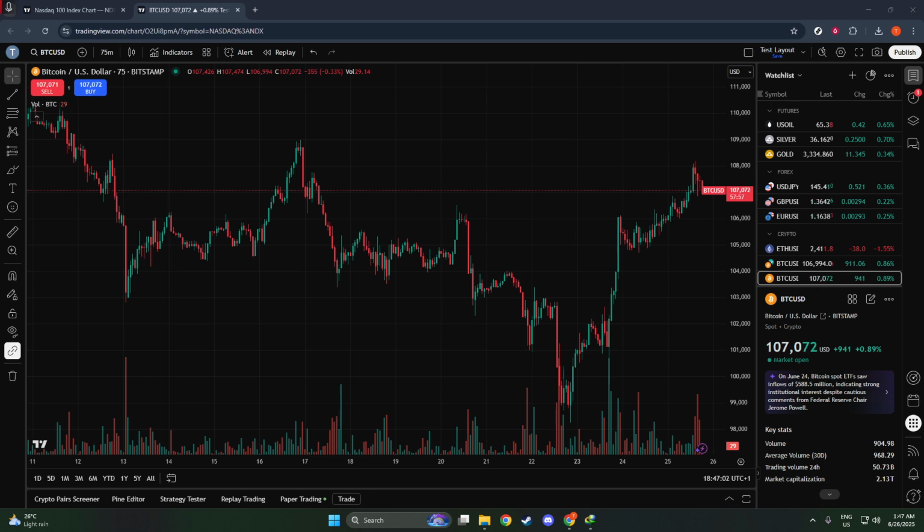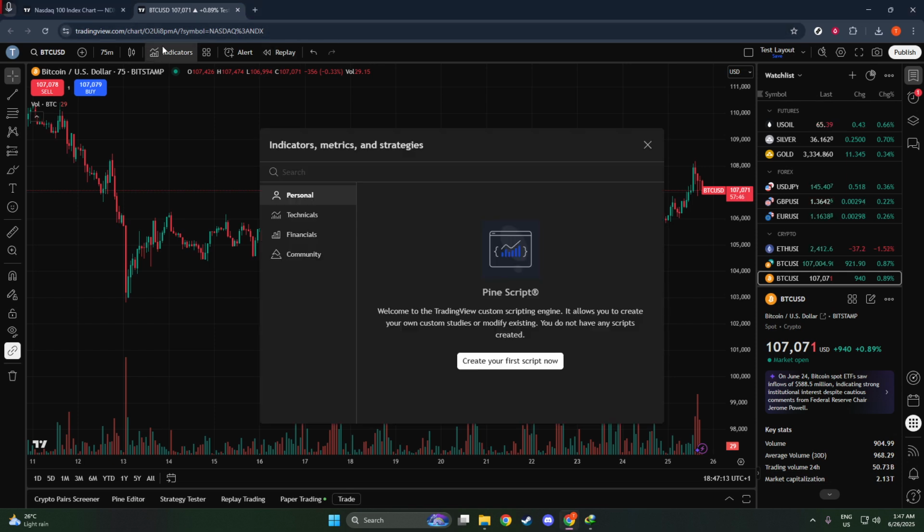To get started, make sure you've opened your chart in TradingView. This is your digital workspace where you'll be analyzing and monitoring your selected financial instruments. Once your chart is up and running, direct your attention to the top of the page where you'll find the Indicators button. You'll either click that button, or, if you prefer using the keyboard, press the / key to open